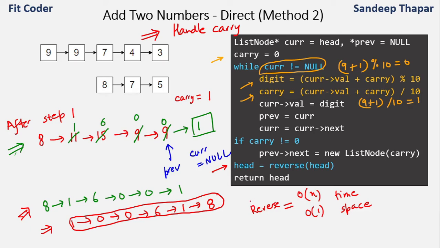Now in this second method that we discussed, in the first step we added the digits which are at the same position without taking care of the carry. Then in the second step we took care of the carry by this while loop. So we calculated the remainder and the digit at each position. And in the last step we reversed the output list that we obtained. So if we are given the numbers in the direct manner and we are not allowed to reverse the input list, we can solve by this method. The time complexity of this method is order of n1 plus n2, where n1 and n2 are the lengths of the linked lists.